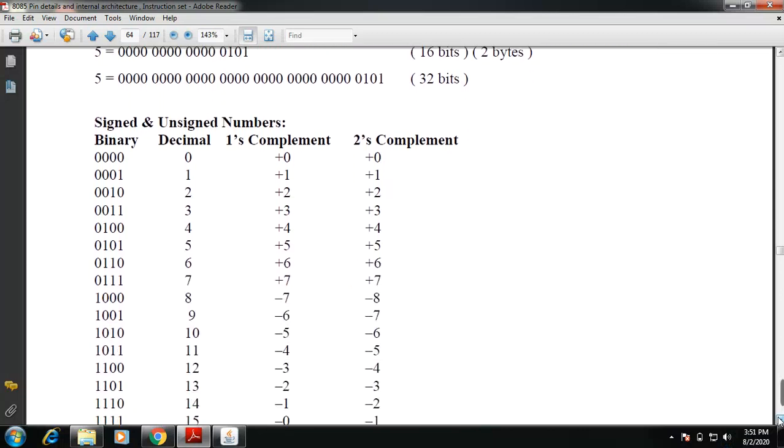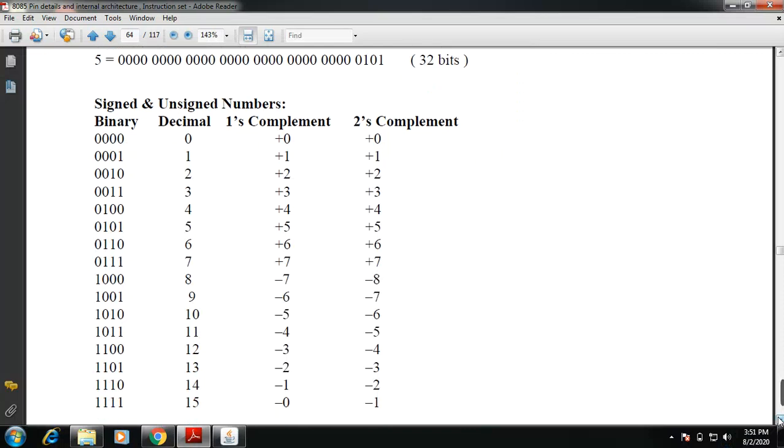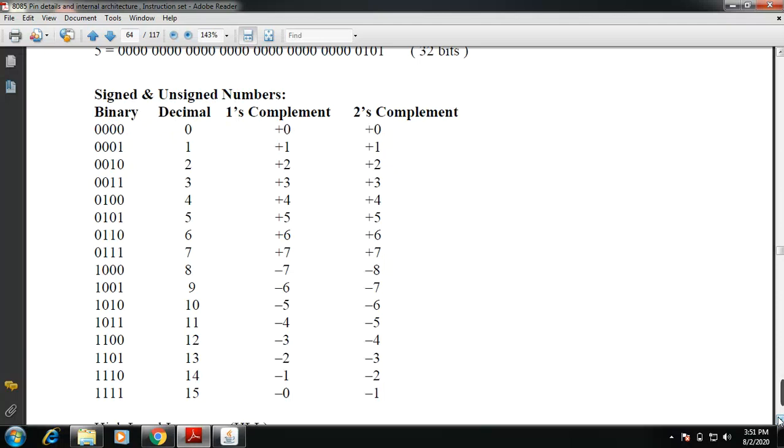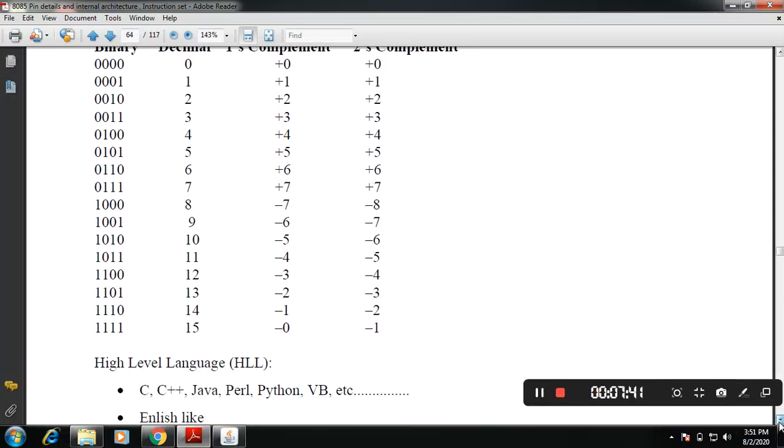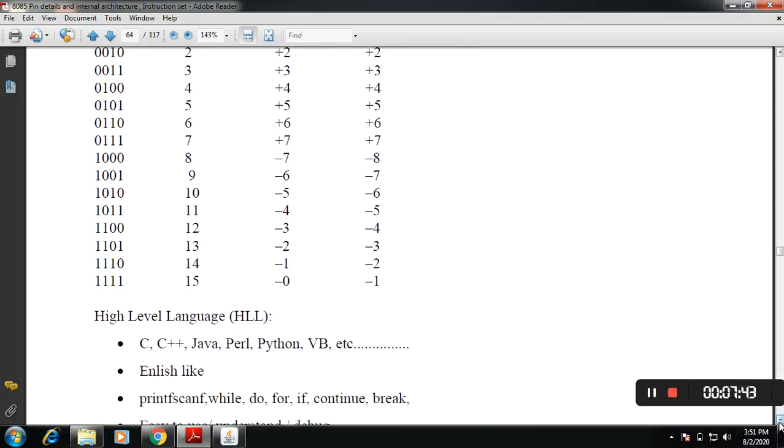So first, what is 4-bit binary? That is BCD, binary coded decimal, which is equivalent to decimal 0. Then 1's complement is 0, 2's complement is also 0. Likewise, signed numbers and unsigned numbers are calculated for 0 to 15, as represented